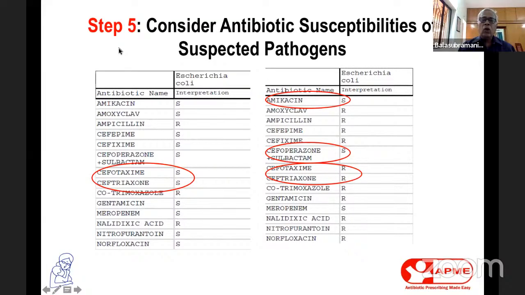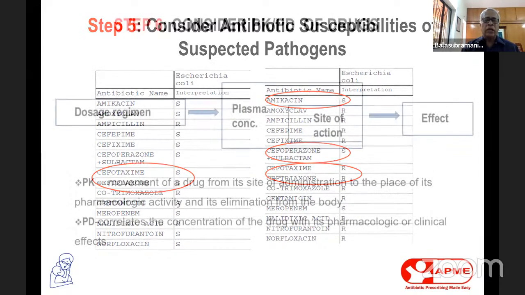And you should always remember some pathogens, like, for example, Klebsiella, even though the lab gives you a report, ampicillin sensitive, it won't succeed. So intrinsically, it won't succeed. Proteus may not respond to only ampicillin. ESBL producing organisms will not respond to your cefotaxime and ceftriaxone, may respond only to quinolones or aminoglycosides.